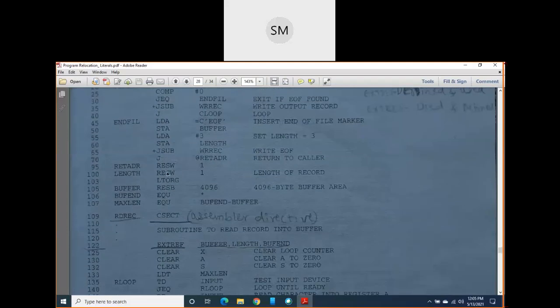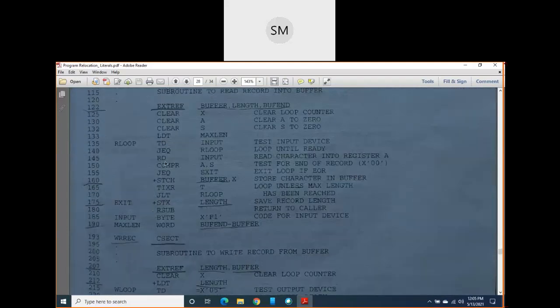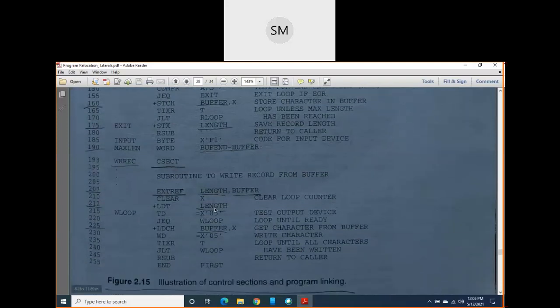Now if you observe the control sections read record and write record, we are only using the symbols which were defined in the main control section, the copy control section. Because of that, we are not writing the external definition assembler directive here.